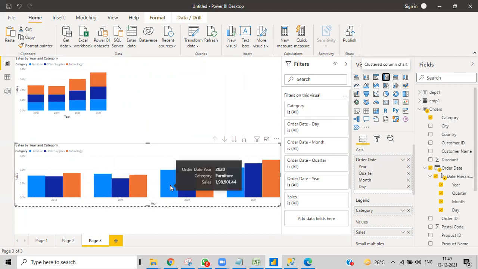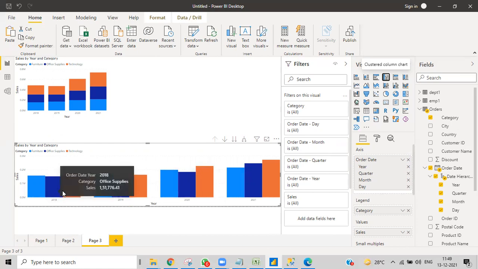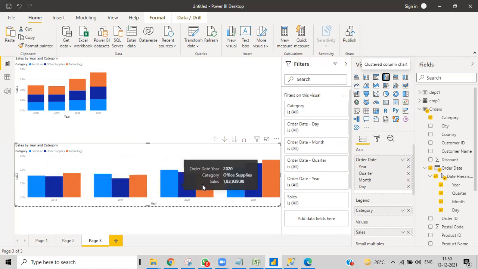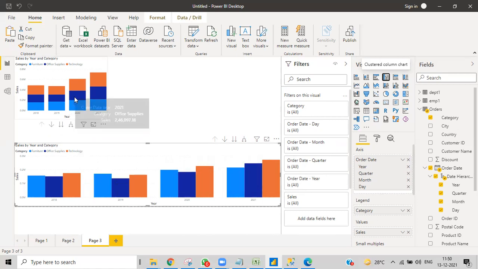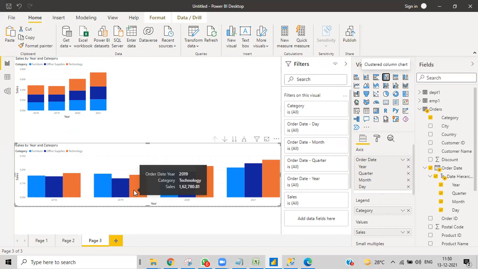Both are the same thing, no particular difference, but according to their requirement, if they want to keep it one after one so that it is easier to compare which one is more and which one is less, then obviously they'll go with this one. Here also it's okay, but here it is more clear which one is bigger and which one is smaller. So as per the requirement, as per what they're asking, we'll go according to it.